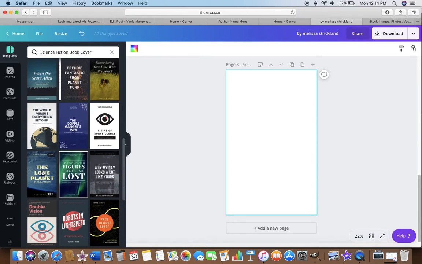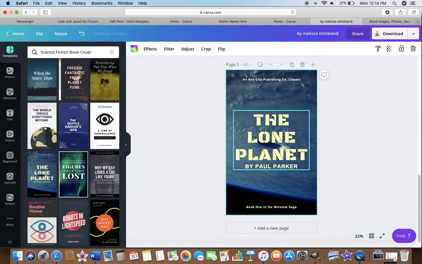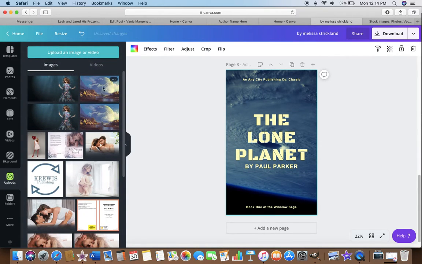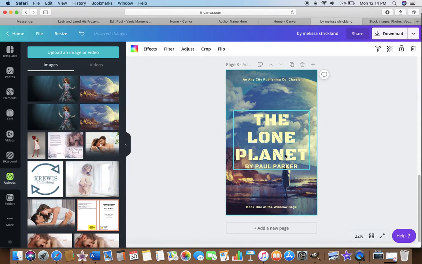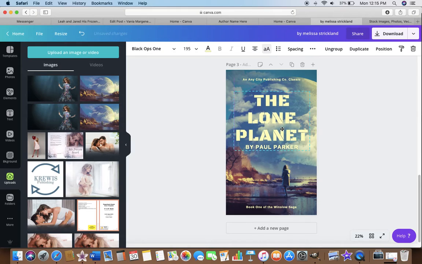So like this, I like the font for that. And then if you find something that maybe can work on Deposit Photos just to squeak you by until you can afford something on your own, depending on what your book is about, that's really not a bad cover for a science fiction book,